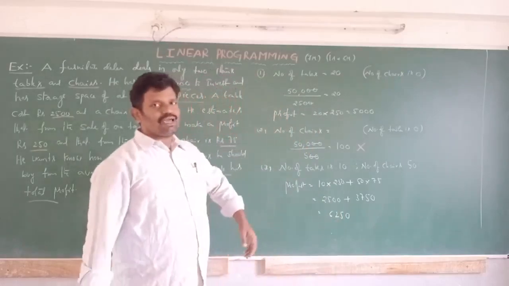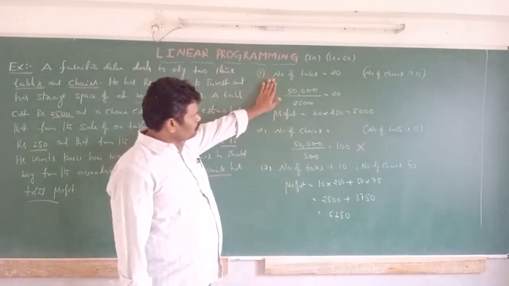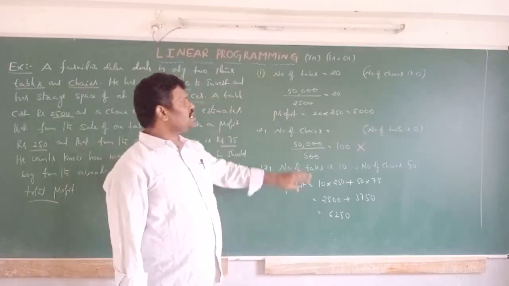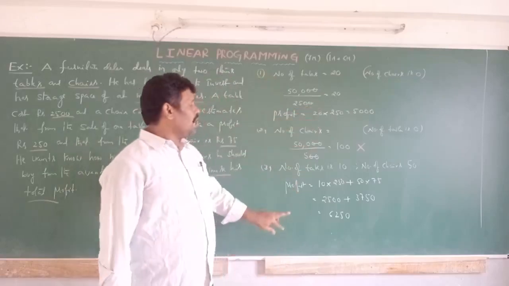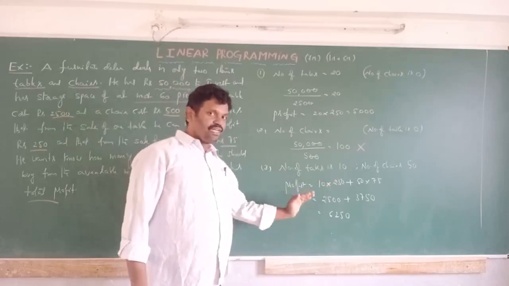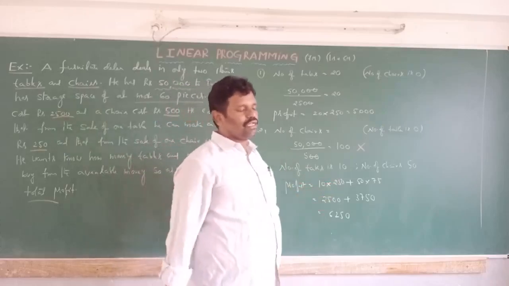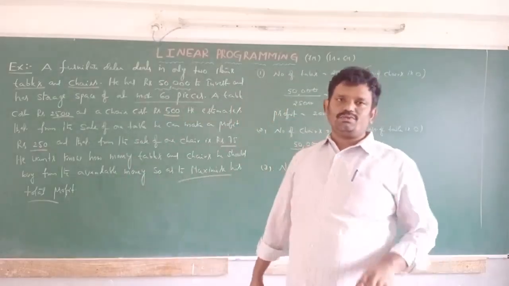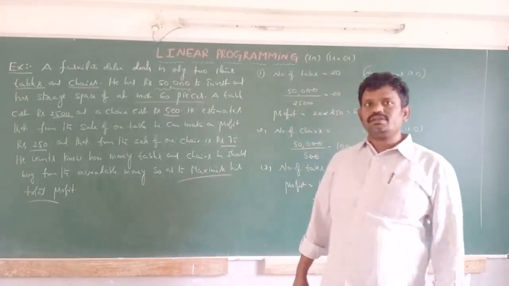Here we are observing variations. In the first case, if you want to buy only chairs or tables, then you get a profit of 500 rupees. Otherwise, when we split the number of tables and chairs, the profit is increasing. Such splitting cases we don't know; how many cases we are observing is difficult.